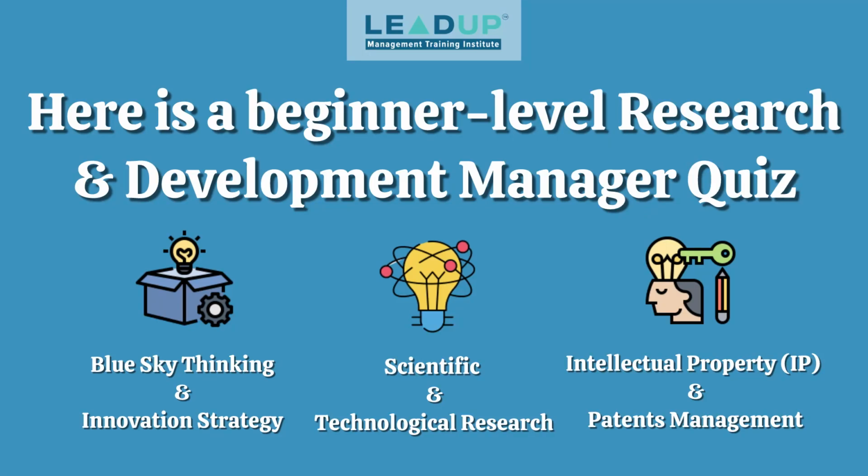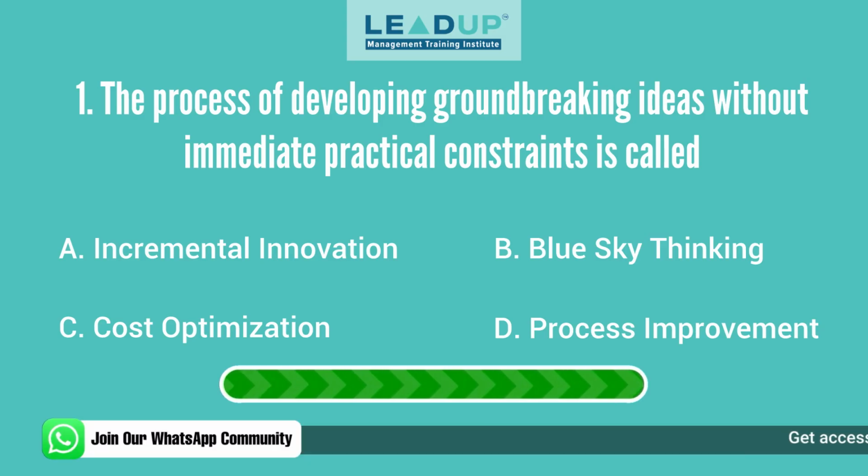Here is a beginner-level research and development manager quiz that covers blue sky thinking and innovation strategy, scientific and technological research, and intellectual property, IP and patents management. Let's go. Question 1. The process of developing groundbreaking ideas without immediate practical constraints is called